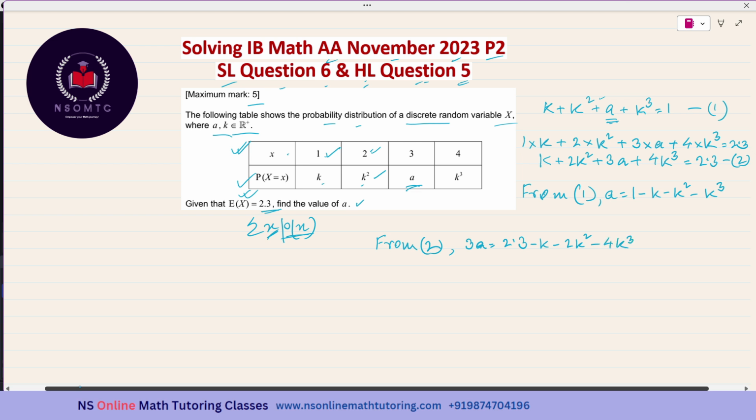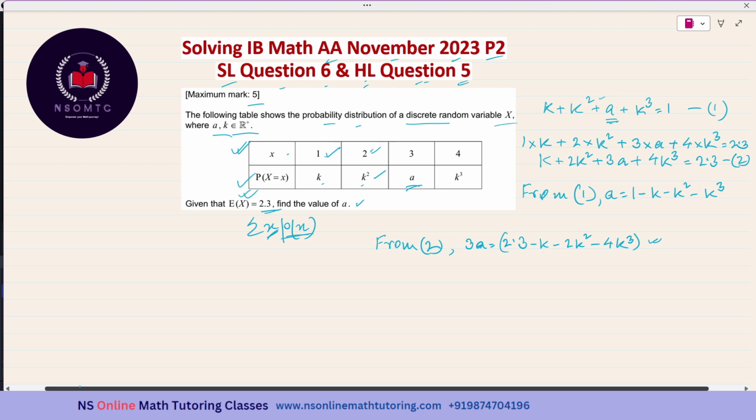Now, there are two options given to me. One is I can divide this entire equation by 3. So I will be getting an expression which will be E equal to 1/3 of this portion. So I'll be introducing a fraction. But I really do not need to introduce any fraction. Of course, you can have that. There's nothing wrong in it.